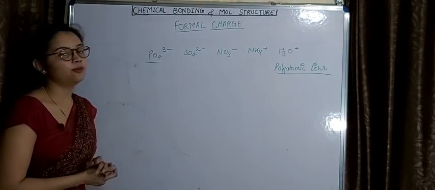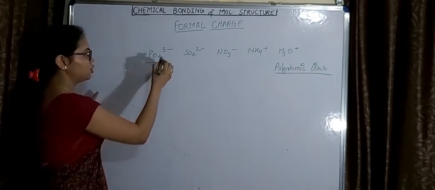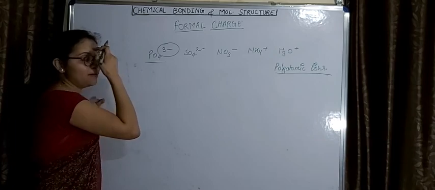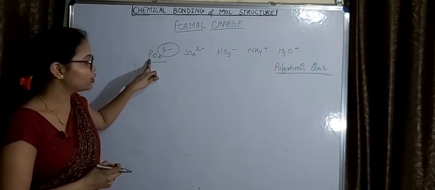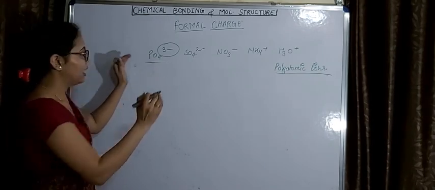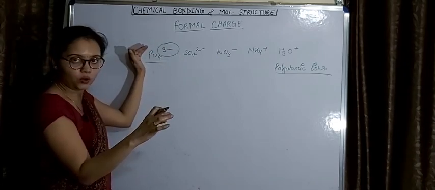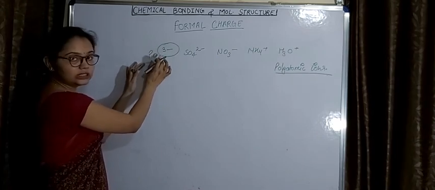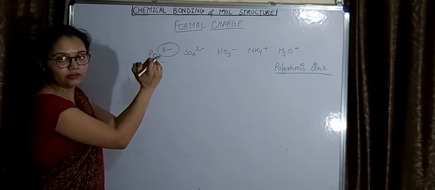So in these type of ions, if we talk about the charge, okay, let's talk about phosphate. So in phosphate, these three minus charges actually does not belong to phosphorus or oxygen only, okay? Actually this ion possesses this charge as a whole, okay? Means this is not the charge of phosphorus or oxygen individually, okay? This is the charge of PO4 collectively, okay?